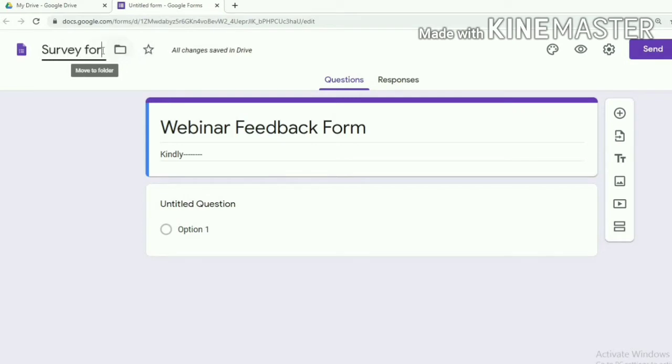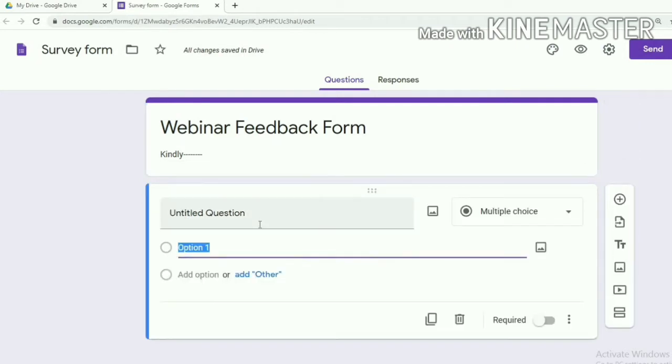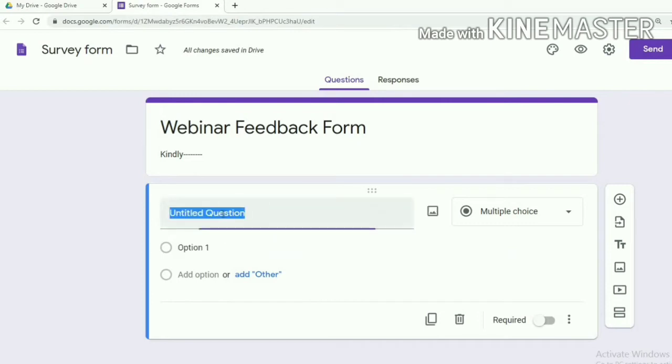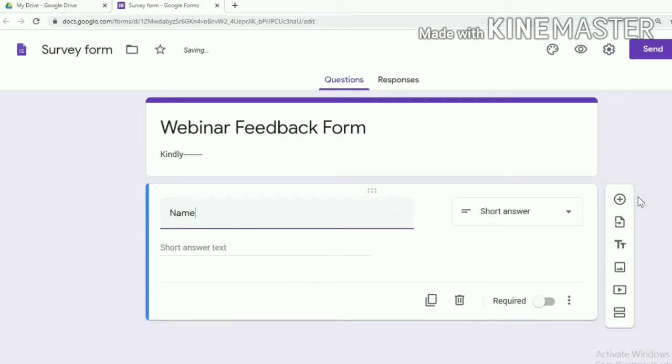And now you can come to the question section. Normally in the feedback form or the survey form, the first thing will be the name. So how to give the name? In the question, type name, but the name is coming under the short answer. It is not multiple choice. There are different types of questions here.